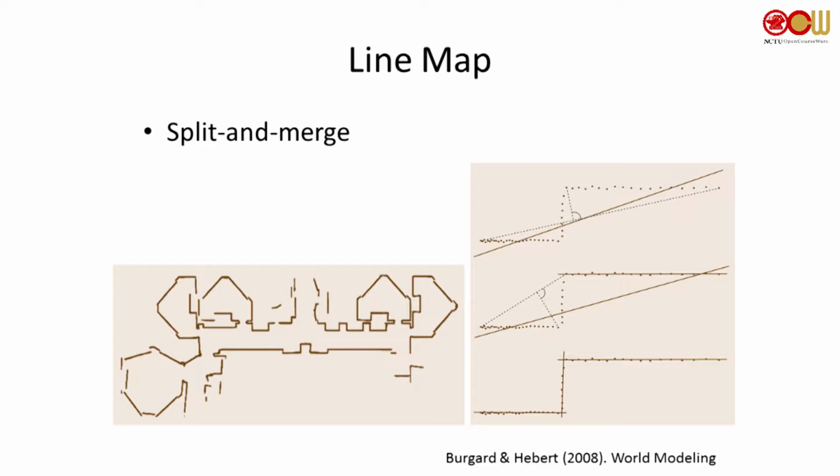Essentially, if we start from the bottom left, if we build a map from G mapping, for example, you will get some points. Suppose we limited this map in 2D, then you will have a few points over there, depending on what sensors you have. And then we already mentioned about some line fitting algorithms. For example, we can use a RANSAC. We could use a Hough transform, for example. We could try to merge a set of points